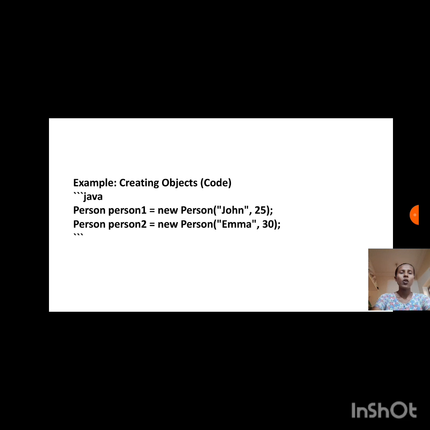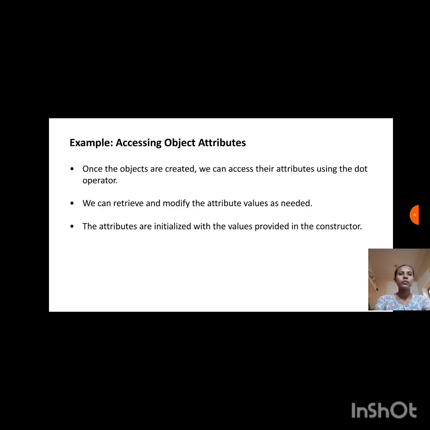Example: creating object code. Java: person1 = new Person("John", 25); person2 = new Person("Hima", 30);